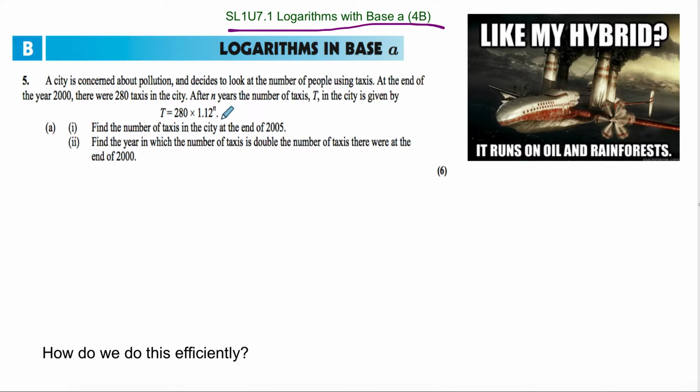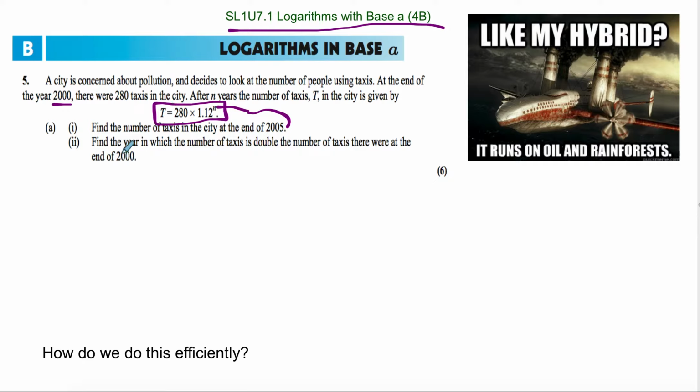So this is just sort of a warm up problem. We don't have to actually go through the whole thing, but we looked at growth, and they said here's 280 taxis, and we're increasing by 12%, 1.12 every n year, right? And you could find the number of taxis at the end of 2005 by just putting 5, right? This was the year 2000, so in the year 2005, we would put 5 in for n, and you'd solve